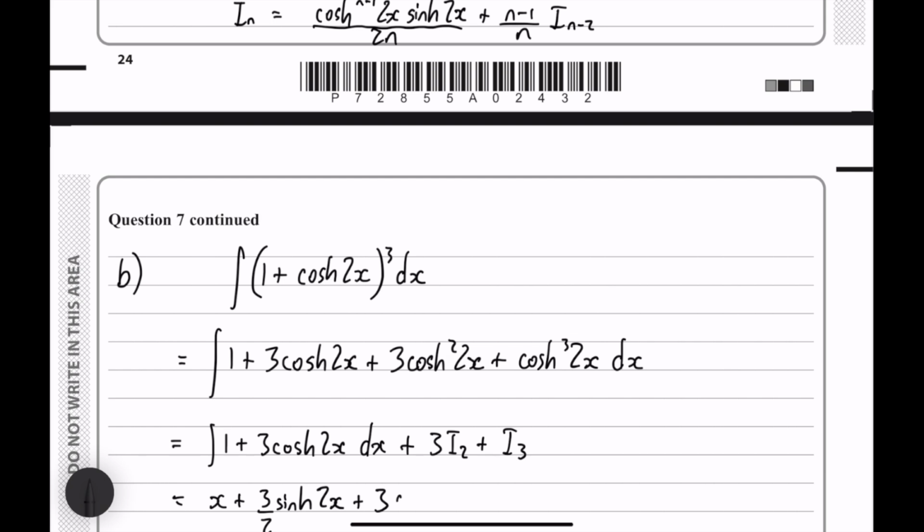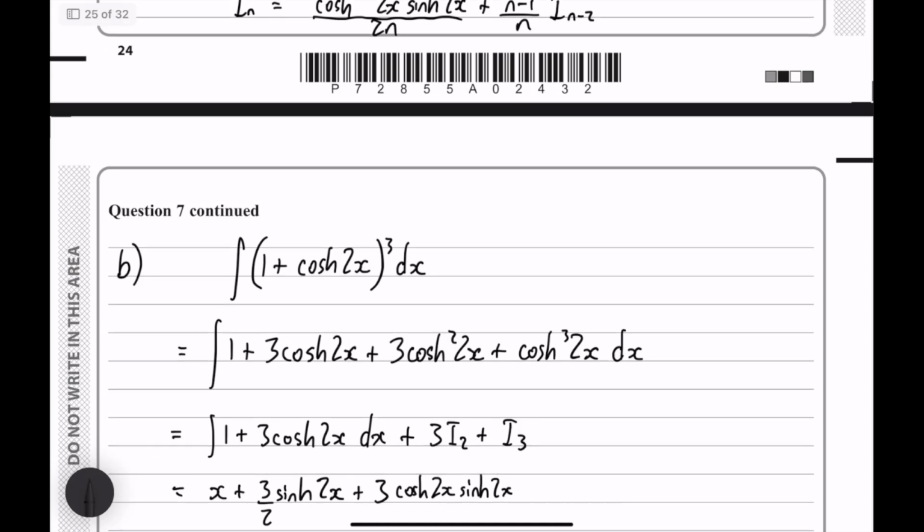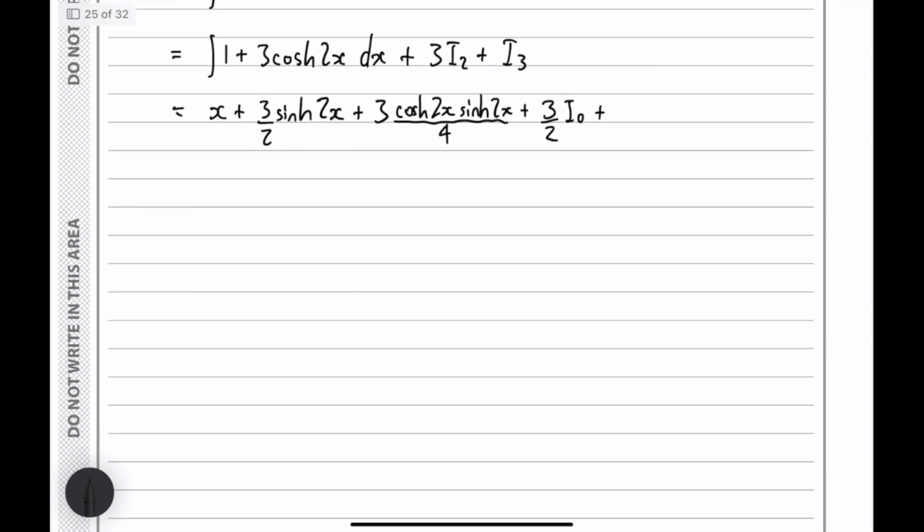Okay, we've got cosh 2 minus 1, that's just 1, 2x times sinh 2x over 2n, so that's 4, plus, and we still have the 3 on this term as well, 3 times 2 minus 1 is 1, over n is 2, 3 over 2, I_n minus 2, and n is 2, so that's I naught,